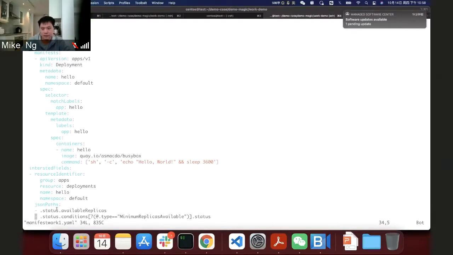The format will be like the JSON path format. For example, for this deployment resource, I'm interested in the available replicas and a certain condition type of the deployment. And then when we create a Manifestwork,